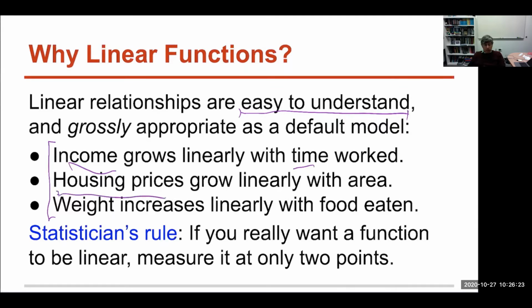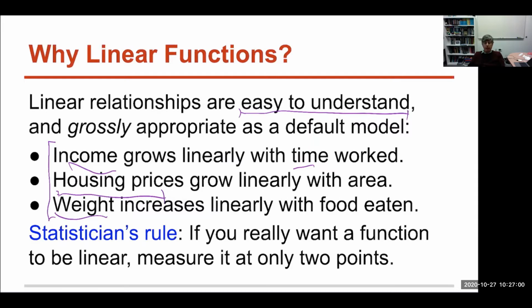Housing prices grow sort of linearly, or at least increasingly with area. A bigger house is better than a smaller house. A house that is twice as big might not be twice as expensive, exactly. Maybe it's a little more, maybe it's a little bit less, okay? Your weight presumably grows linearly with how much food you eat, would be my presumption. So a lot of things are naturally thought of as linear, at least